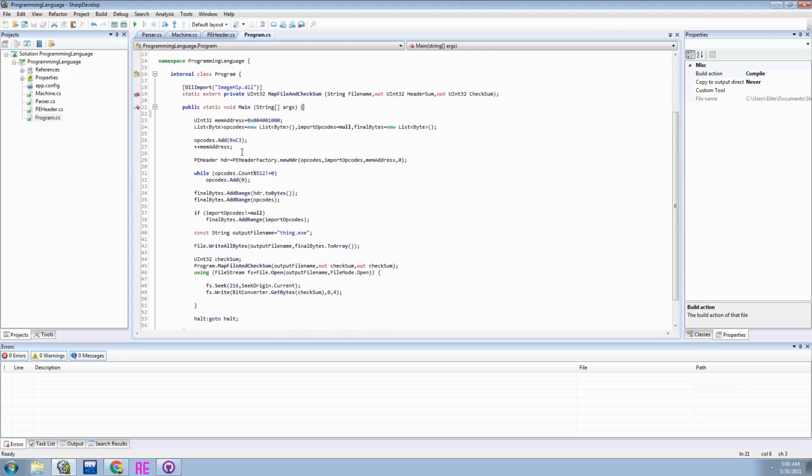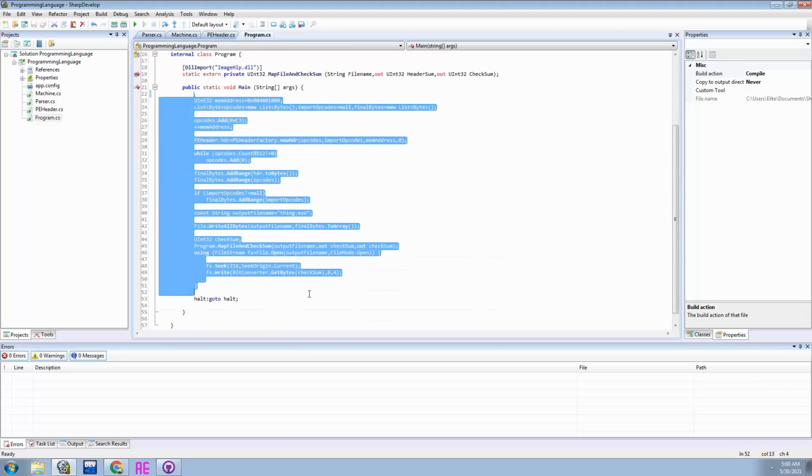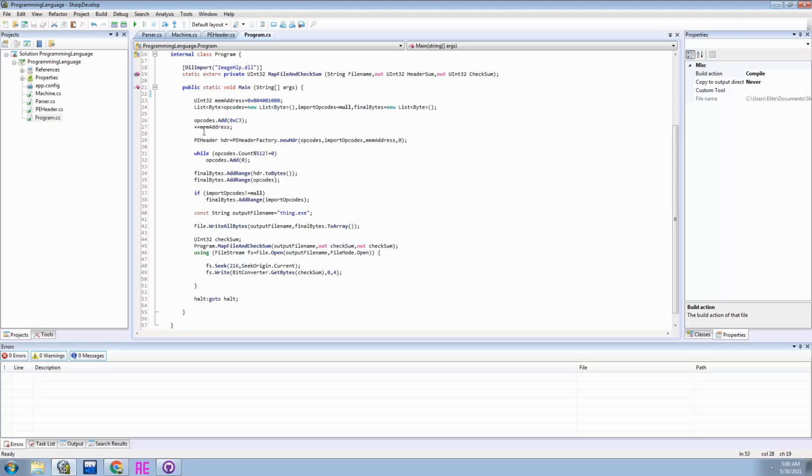Really, in Program.cs what we've made here is a very simple compiler. But the compiler and the parser are kind of intertwined with each other, at least in the way that I make my programming language. I haven't really looked at any other programming language source code. That's something to keep in mind when you're watching this series, because I've pretty much done this my way. I kind of doubt that anyone has done this in the exact same way. Maybe similar ways, but anyway, the first thing that we need to do is